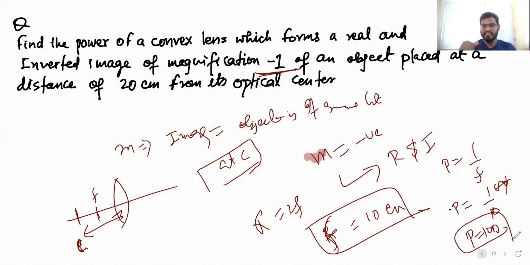Hopefully, the theoretical part of this chapter is more important, because if you know what is magnification, what is plus, what is minus there, what is real, what is inverted, those things, if you know properly, you can solve the numericals. I don't think I missed anything in the theoretical part. Everything I wrote properly. Maybe the way of expression is a little different, but everything I put on that. So try to solve the numericals I gave. I'll put 10 more numericals in this chapter. We can say we prepared this chapter completely now.